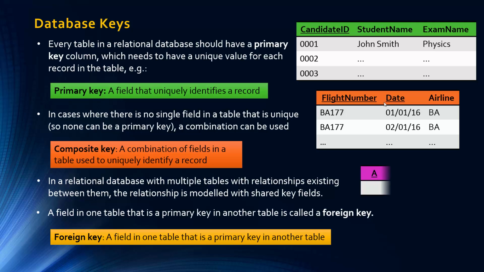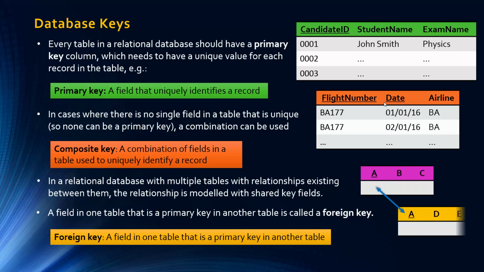This can be a little bit confusing because it's really about what table you're looking at. I have run out of space to do a proper example, but here are two different tables. If we're looking at this pink purple table, this is our primary key A, which I've underlined. But when we're connecting this relationship to this table about another entity, two different entities here, this is now our foreign key. So in this table it is a primary key, and it's linked to a foreign key in another table.